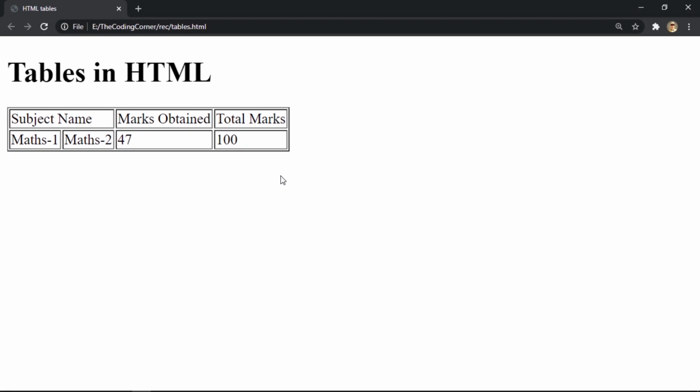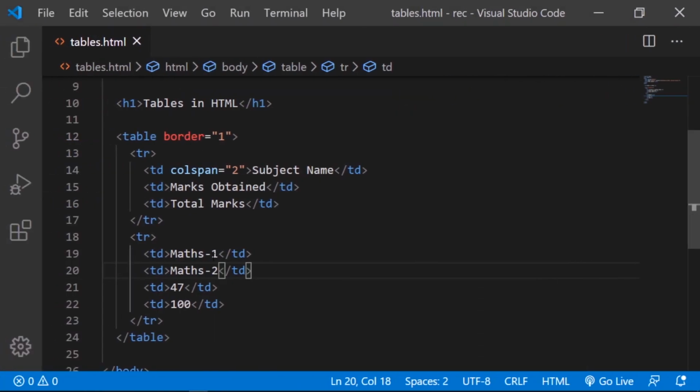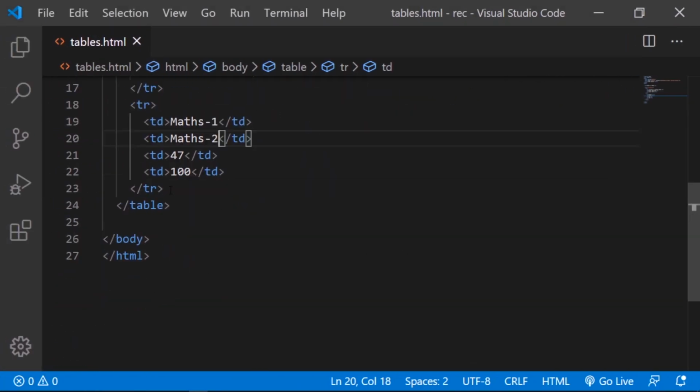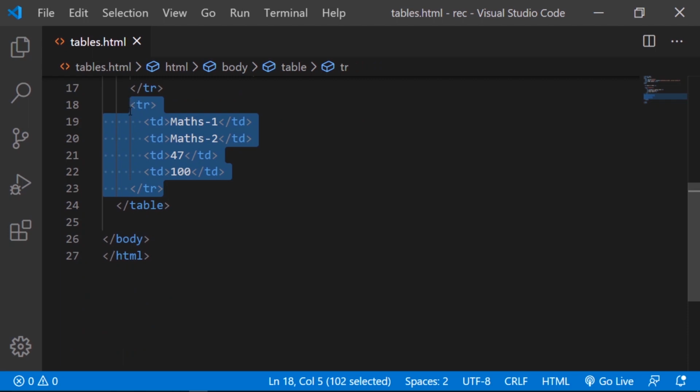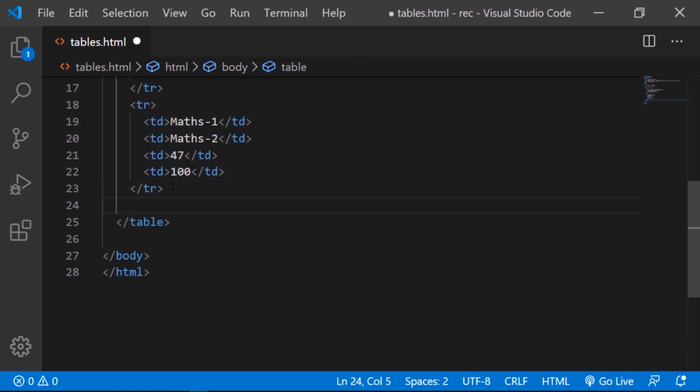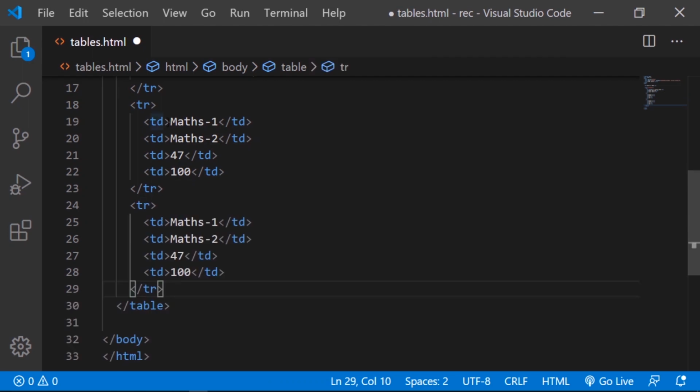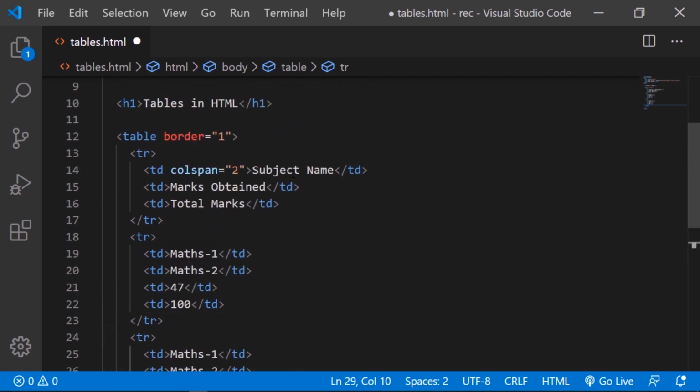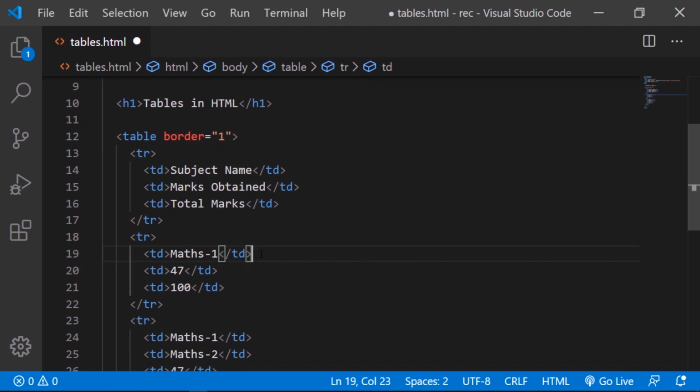So I'll just go back to the code and I'll just copy this one, hit paste, and when it comes to merging two rows, I'll just remove this column span from here so that it becomes a bit more sensible.